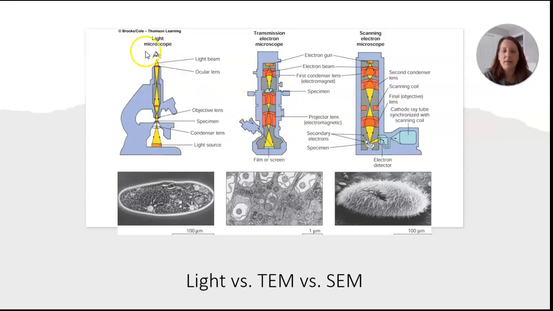And then I wanted to show you this as well. This is the basic light microscope, right? And then here is a transmission, right? You end up with a two-dimensional image where you can see the inside of whatever you're looking at. And then scanning, you end up with kind of a three-dimensional image where you're looking really at the surface. So what are we looking at? In all three of these figures, we're looking at this organism here, which is a paramecium. It's a single-celled eukaryotic protist.